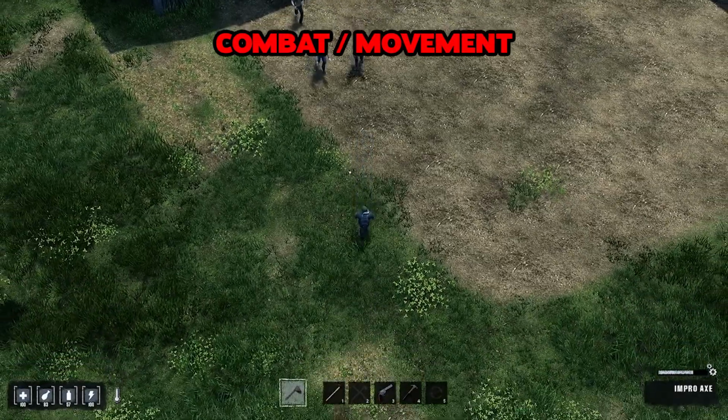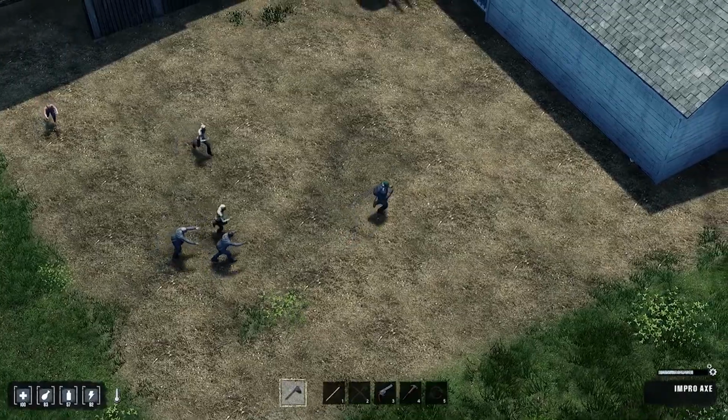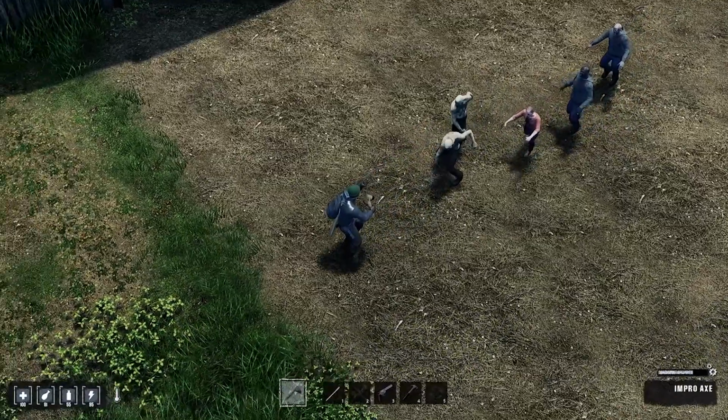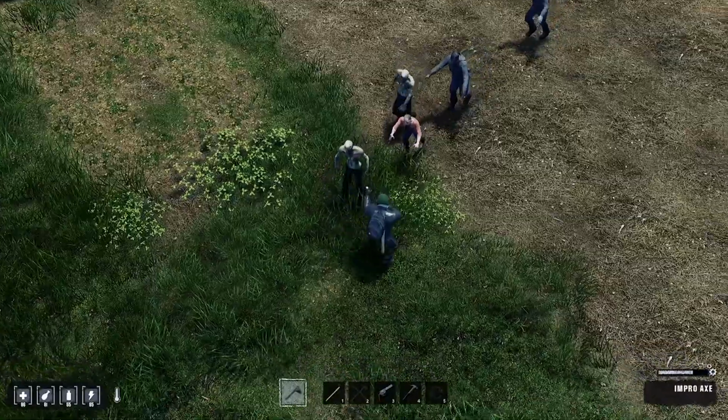When you're first starting out, combat and movement can take a while to get used to. The biggest advice I can give when it comes to fighting large hordes of zombies, or Zeeks as the game calls them, is to just take your time and keep backing up as you land your hits. Hitting a Zeke will put it into a stun lock that will only last about half a second before it